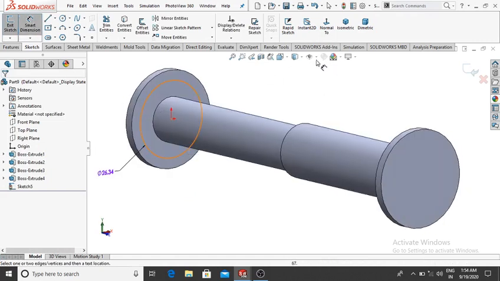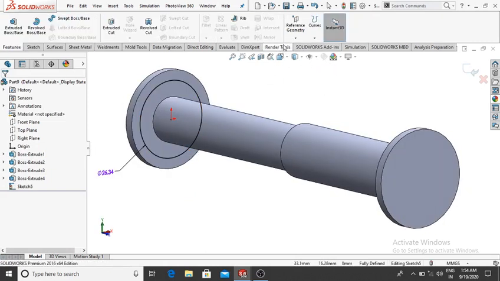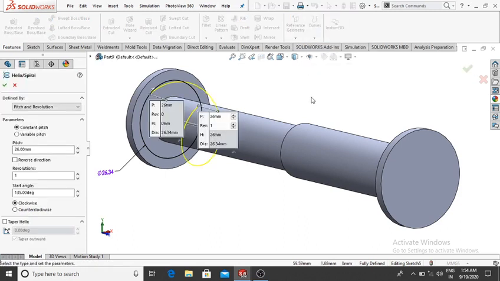And here we go to Features, select Curves, and here select Helix and Spiral.